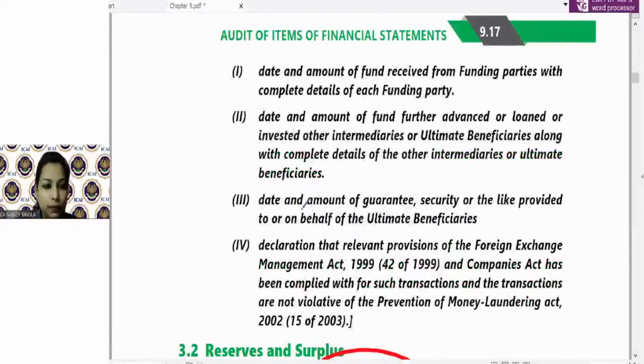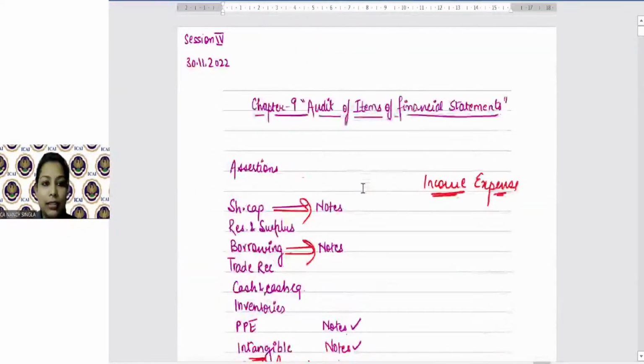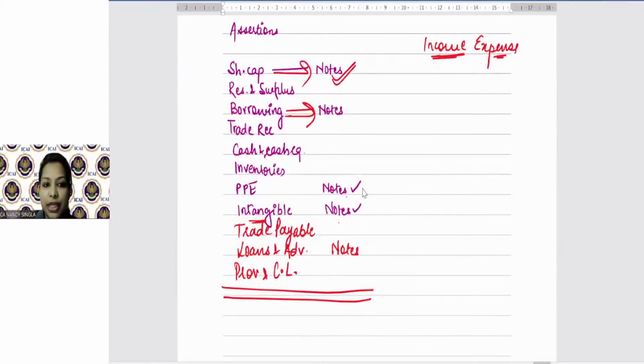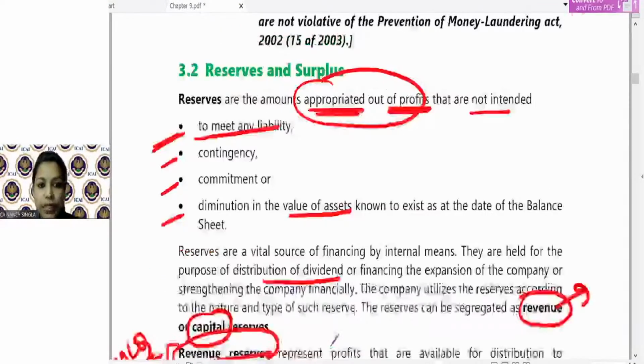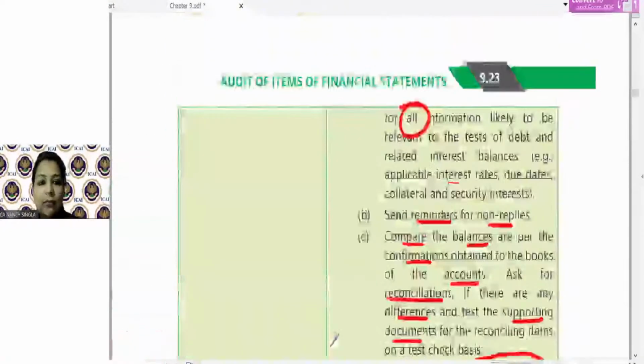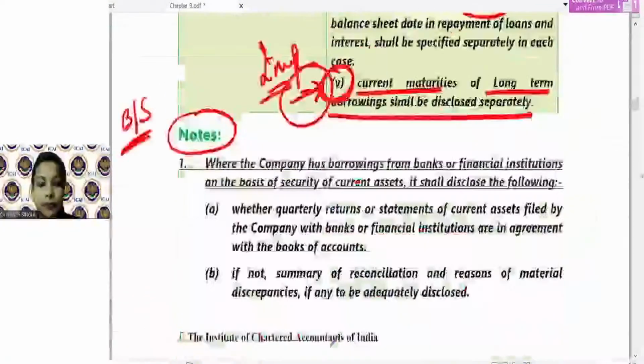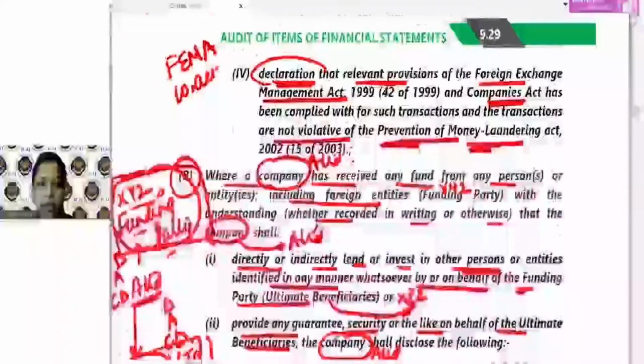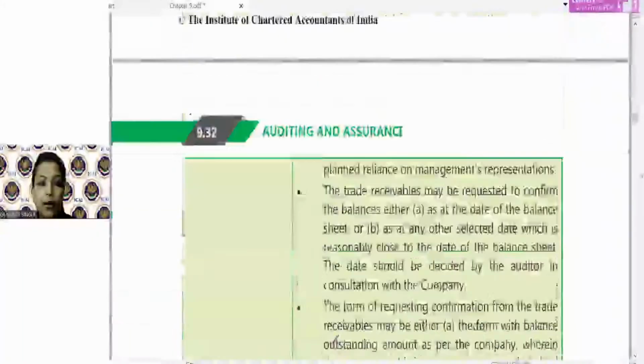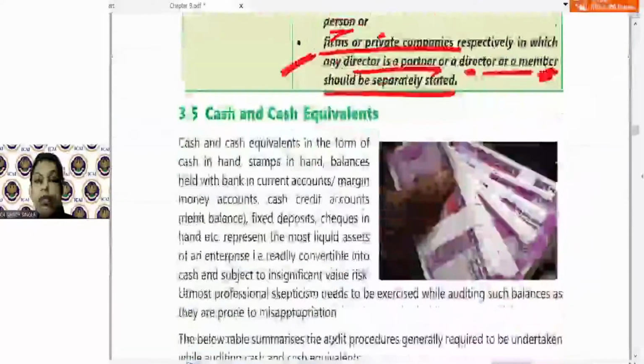So if you look at this, so we have done the notes of share capital, we have done the notes of borrowings also. ठीक है. So borrowings is also done, है ना. With respect to these notes are then given where under,